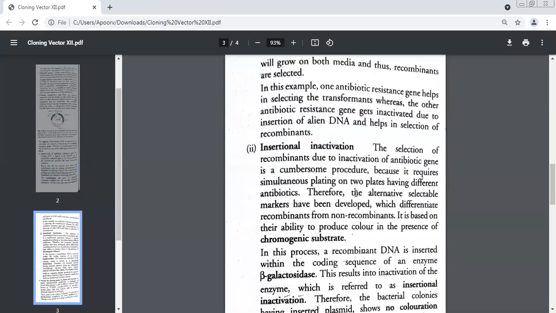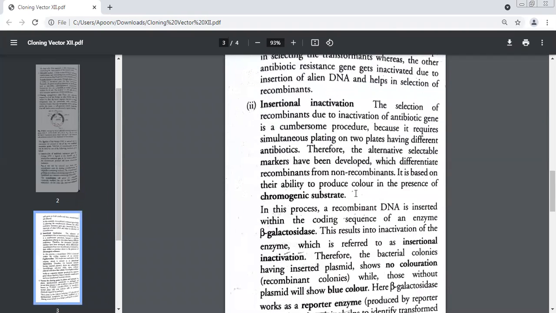Now look at the second step. Insertional inactivation. Now we have selected the recombinants. And how could we select the recombinants? Because of inactivation of which gene? Tetracycline. Yes, one antibiotic gene. But this is a very cumbersome procedure, very, very time consuming, slow procedure, because it requires